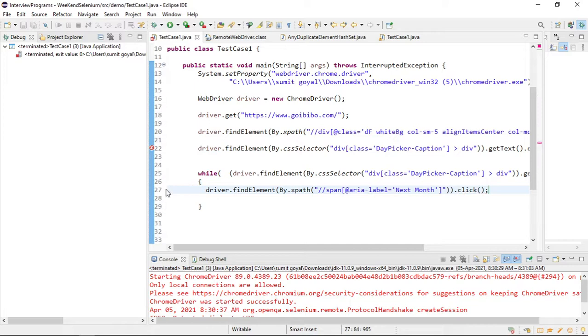Now what will happen if I debug this program? Let me debug. So some error.